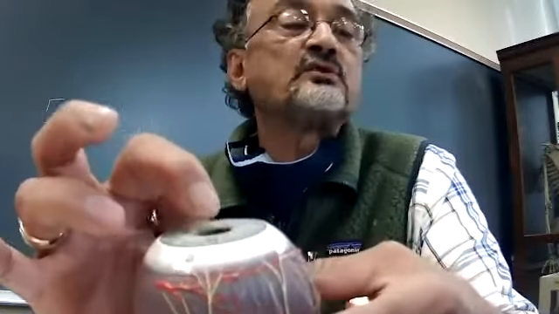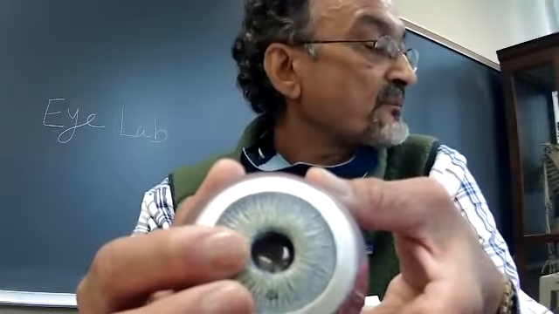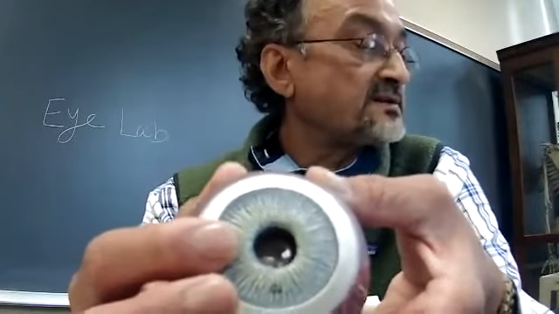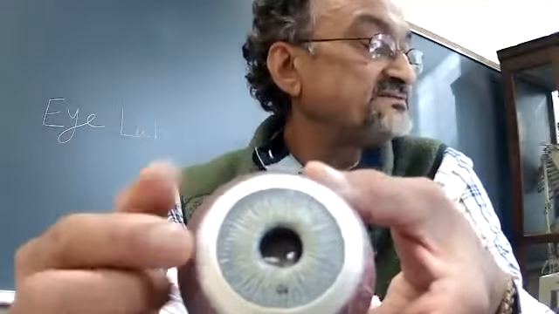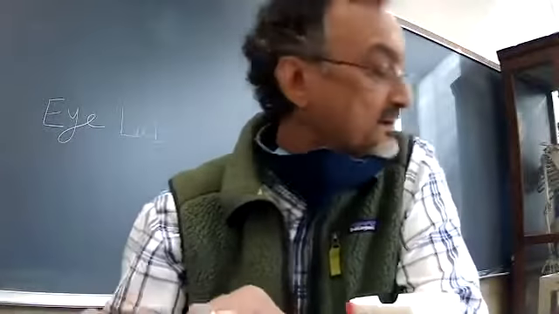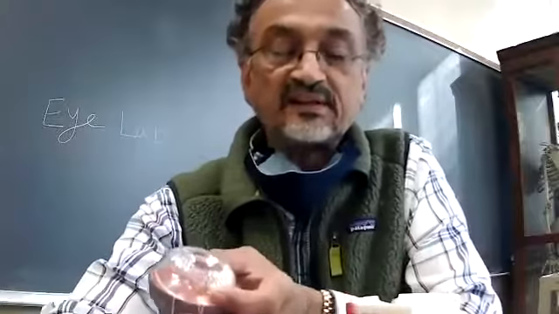And the opening that you can see here is the pupil. The pupil is the dark circle in the center of the iris. Through this opening, the light enters the inner eye. Okay, so now let me dismantle this one further, and then once I dismantle this, what do we see? So here is the lens.